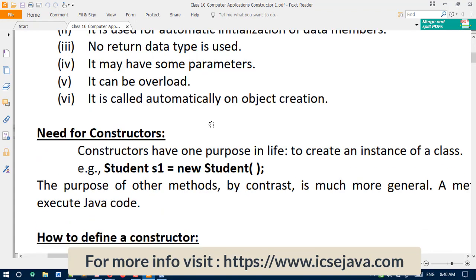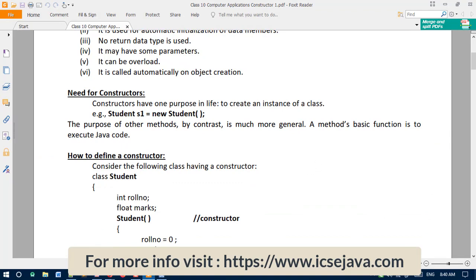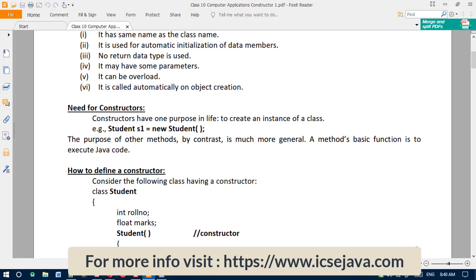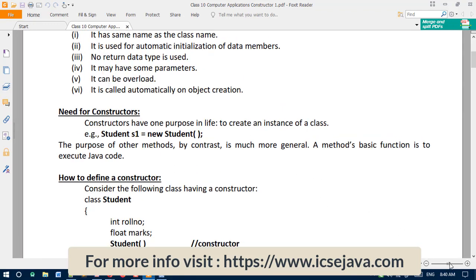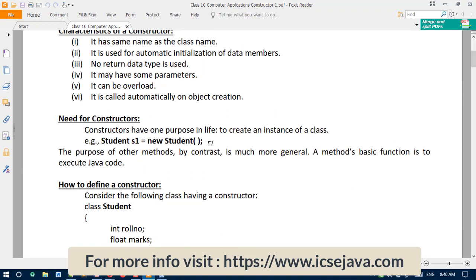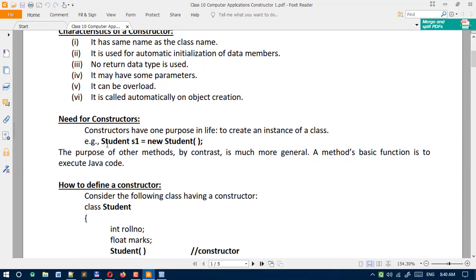Okay, next point, what is the need of a constructor? You have already used the constructor. With an example I can show you. Whenever we are going to create any object using this class, the statement we write is like this: class name, then object name equal to new, then again class name.